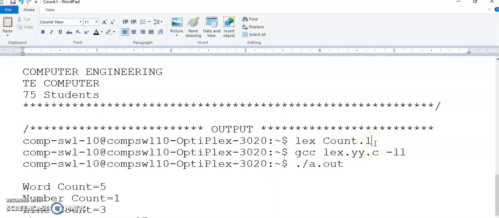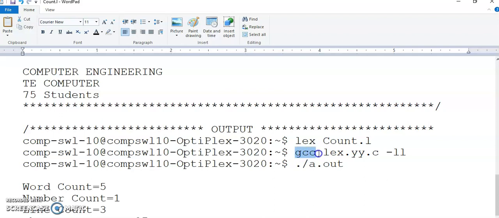If there are no syntax errors in this program, then this command will generate a C file, that is lex.yy.c. So lex.yy.c is a C program which is generated by the LEX compiler. Now because it is a C program, to compile it you need a C compiler, that is either CC or GCC. So we have used GCC here.